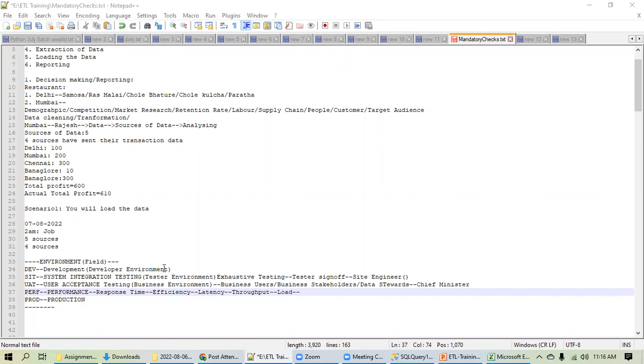Okay, this is all about this environment. I told you the sources. Okay, fine. So overall, any questions so far before I proceed further on this? Is the environment clear to everyone? Why we need dev, why we need SIT, UAT, pre-prod, and prod, and your final environment is the prod or the production environment. Fine. So this is how you have to move your code from one platform to another platform. Any question, anyone?